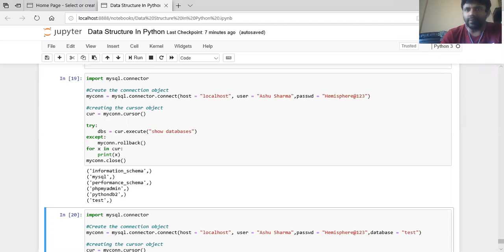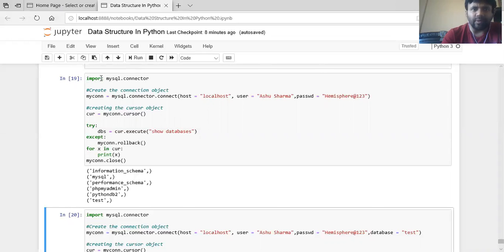And in this concept, we are moving towards some advanced topic. Today, we will discuss how to show all the databases using MySQL and create a table with certain fields, so you may create your database as well. We will use this Jupyter notebook in the Anaconda framework. You may install that, and as we have seen in the previous videos, the concept of how to install the MySQL.connector module. So now let's start with this concept.